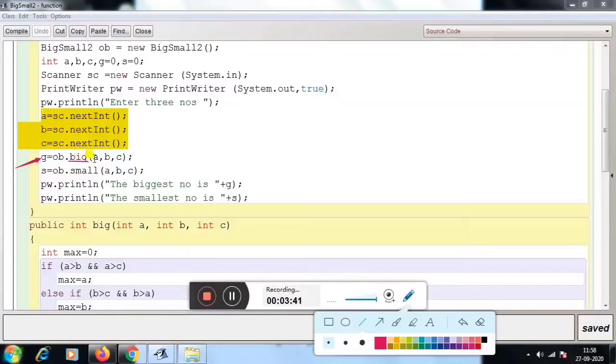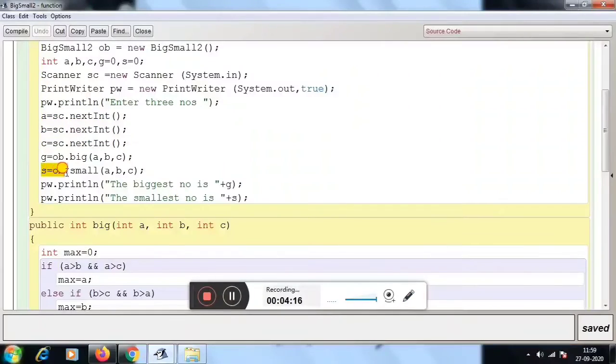Then this function has some arguments, which means the numbers we enter are passed through the function big. Understood? Similarly for the second one, we have declared s equal to ob dot small a comma b comma c, where s is the output variable and a, b and c are the arguments. After that we have printed the output.